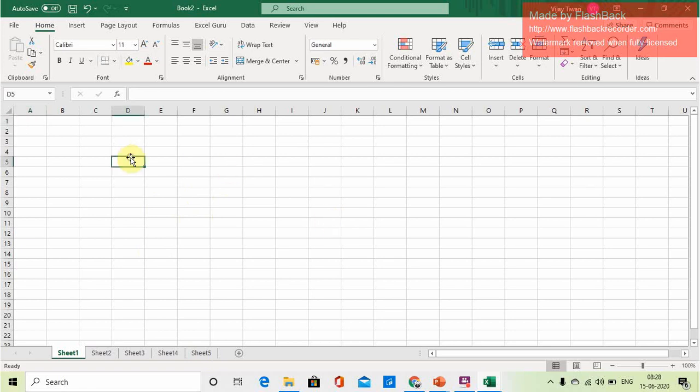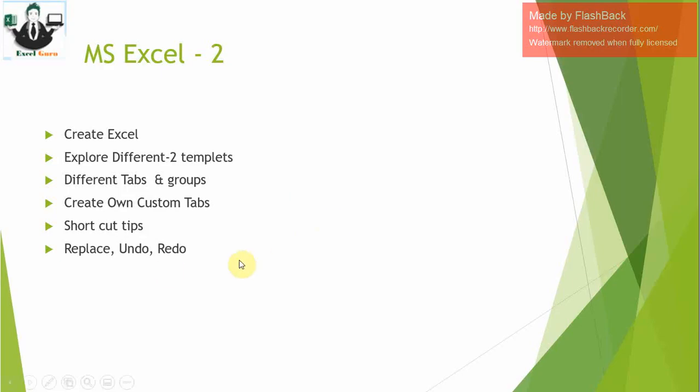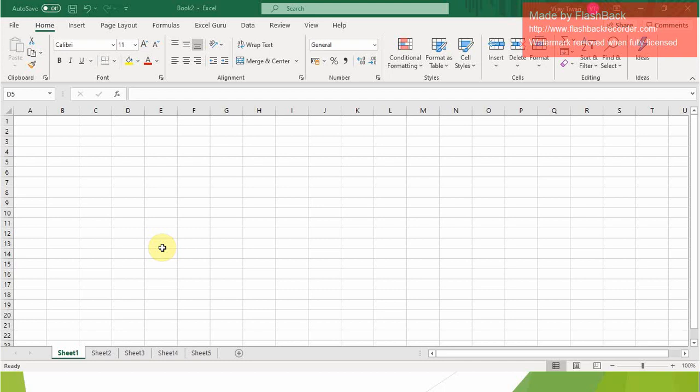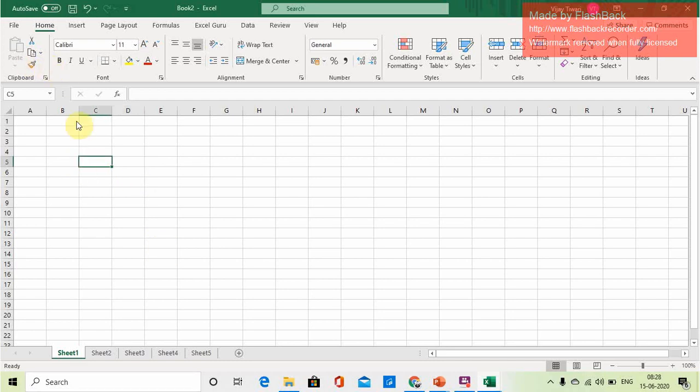So these are the options available, and we have explored the tabs and everything. We have covered all the topics: creating Excel files, exploring different templates and tabs, creating your own tab, shortcuts, and replace, undo, and redo. Either you can use the options, or the shortcuts. This is cut, copy, paste, and the same thing which we have understood: Ctrl+C is copy, and that will work here